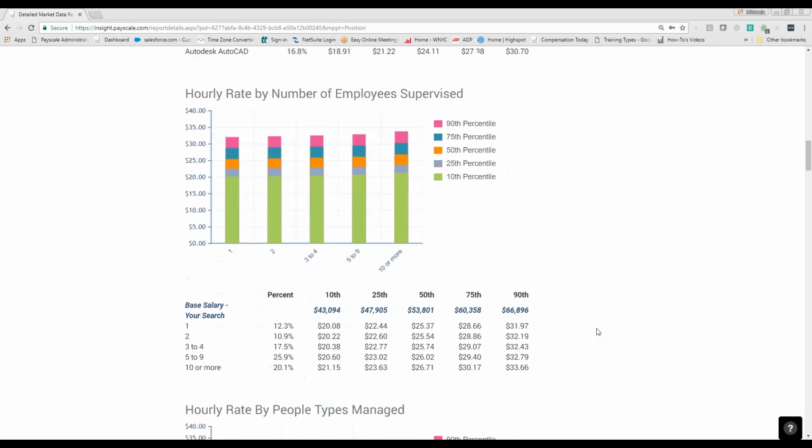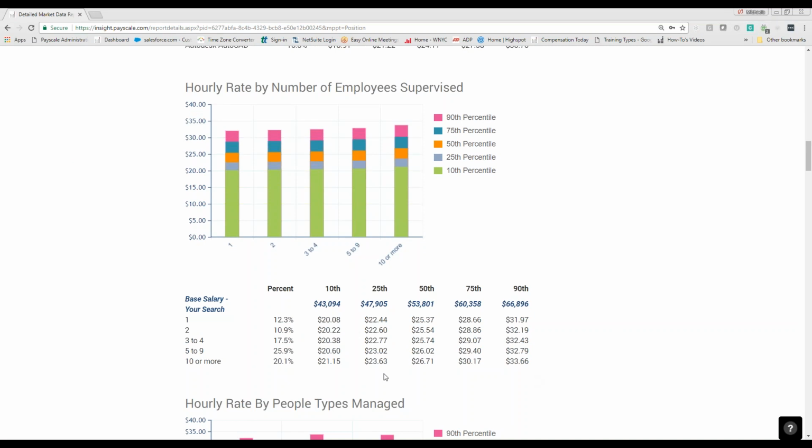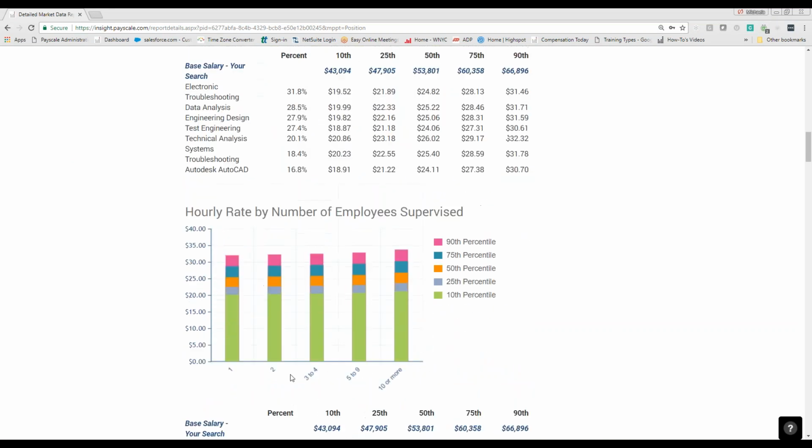will also include one of these graphs and tables. So you can come in and see, okay, well, what would happen if I did define my number supervised? So it goes